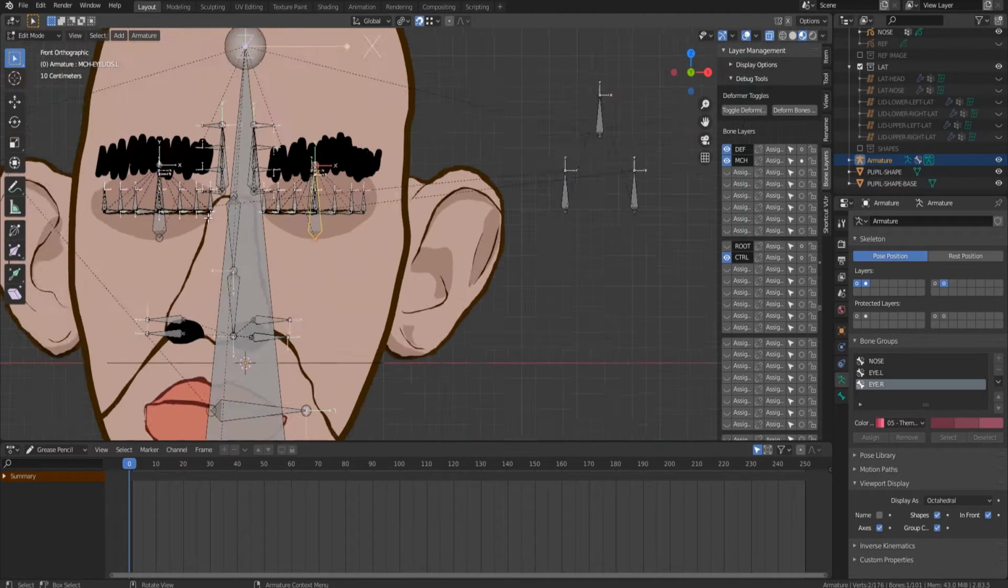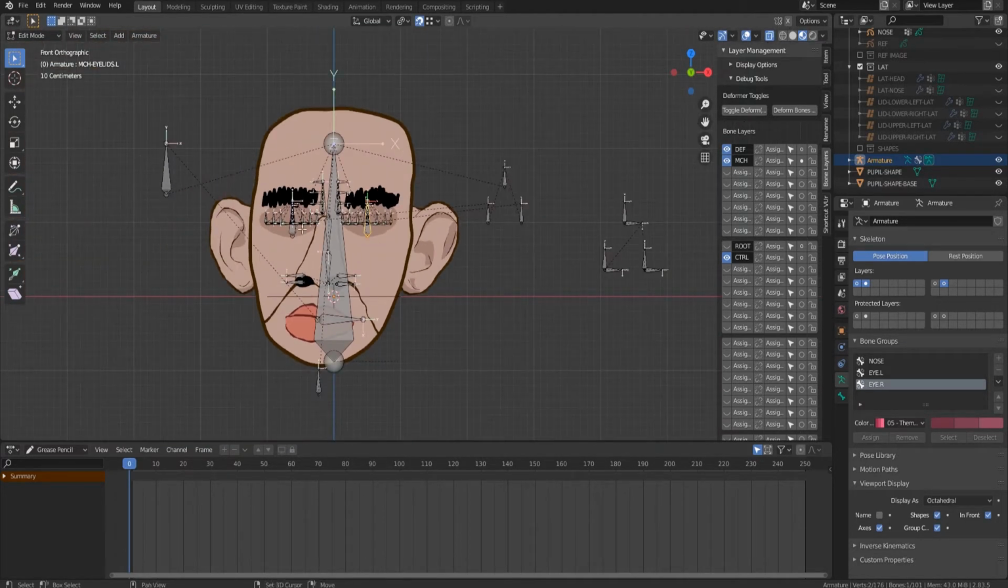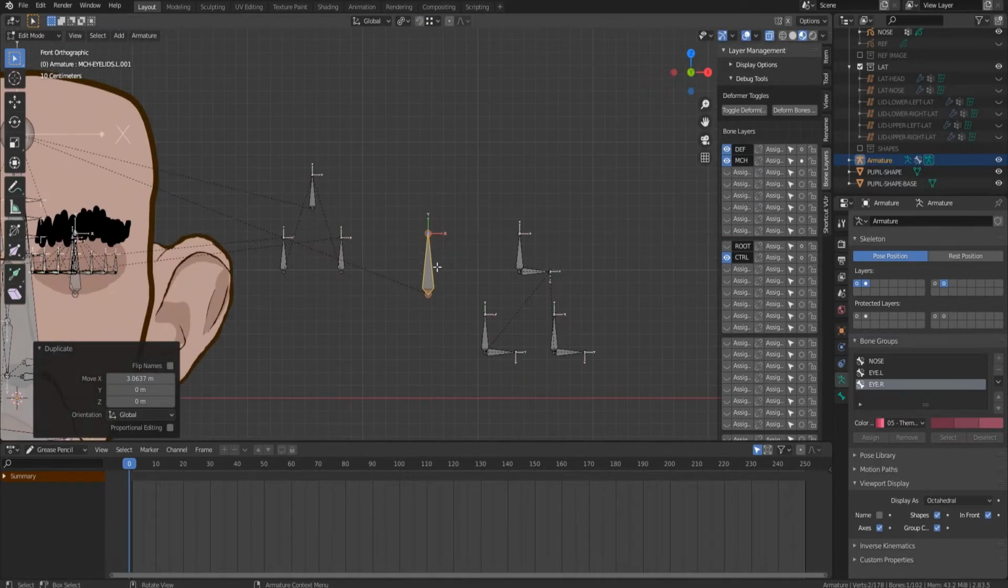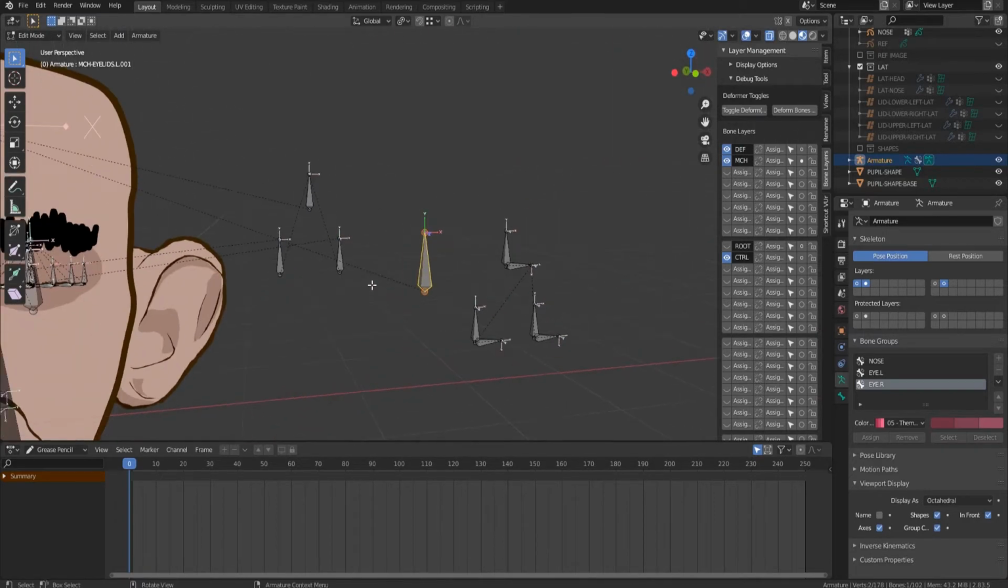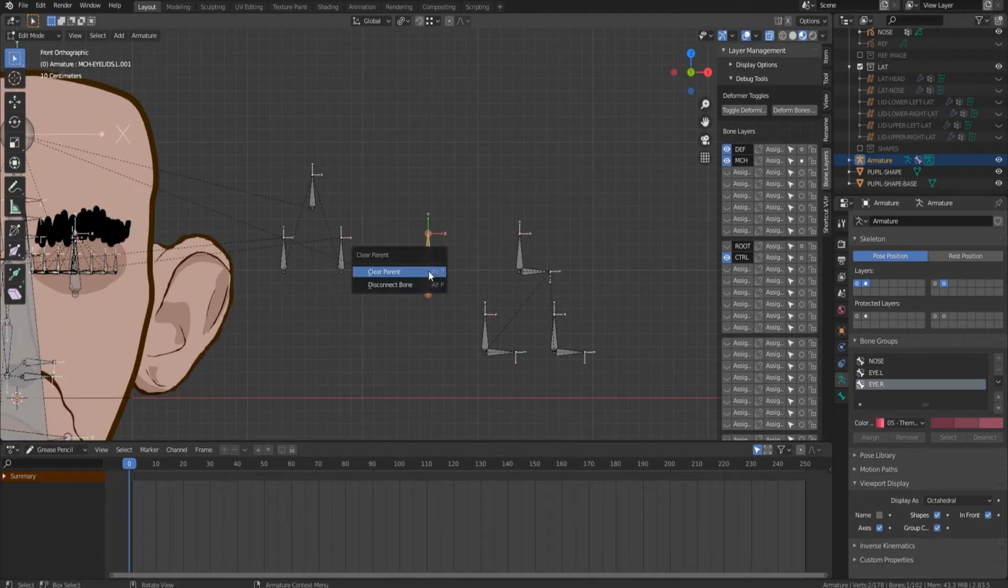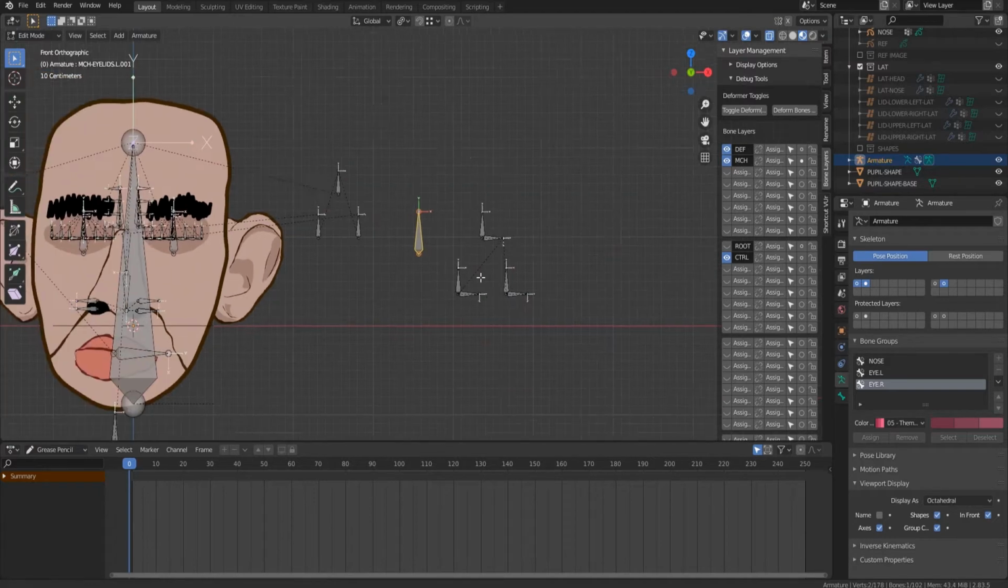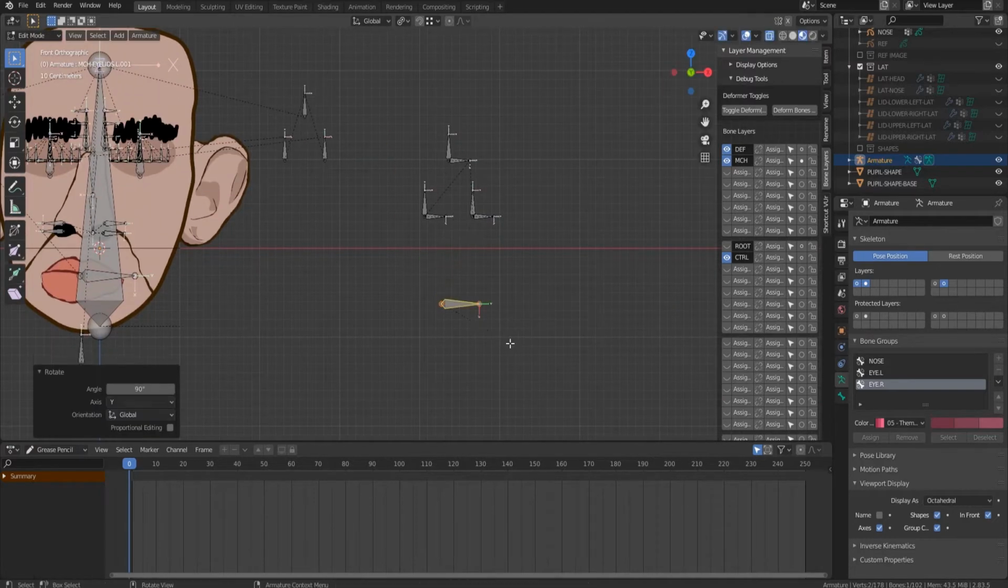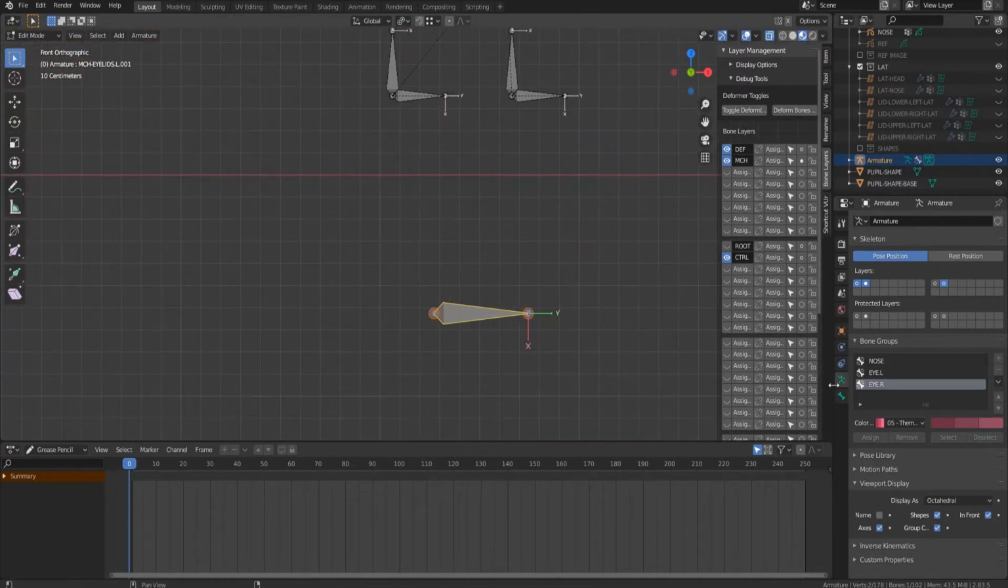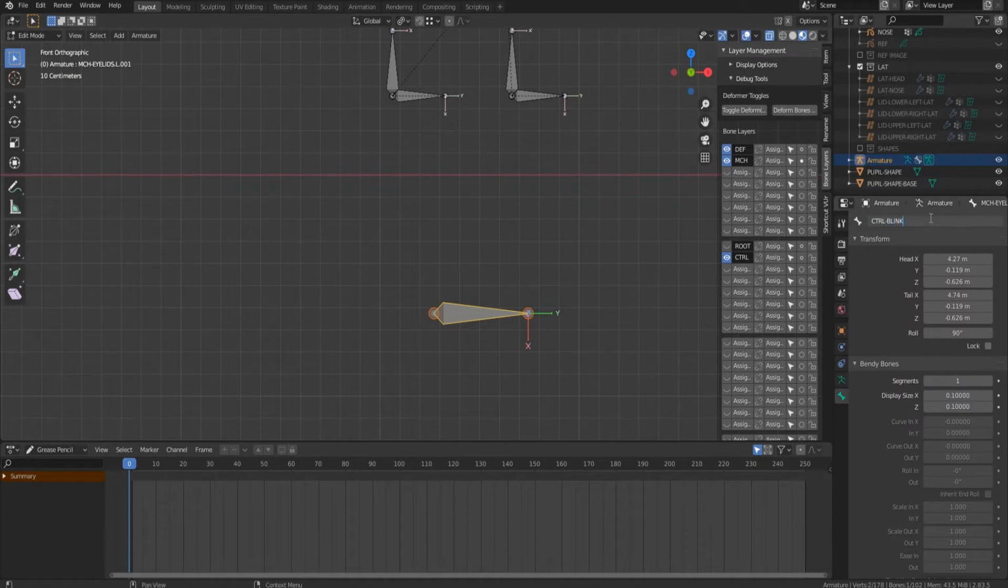Duplicate the MCH bone of the left eyelids. Actually, we could duplicate any bone or even add a new one. We just need another bone. Clear parenting from the duplicated bone, located randomly but not very close to the other groups of bones. Rotate it by 90 degrees and name it as